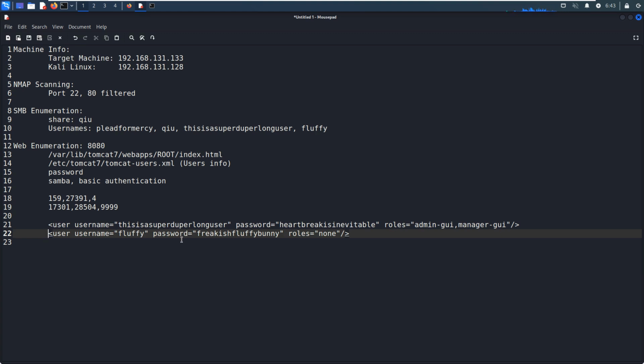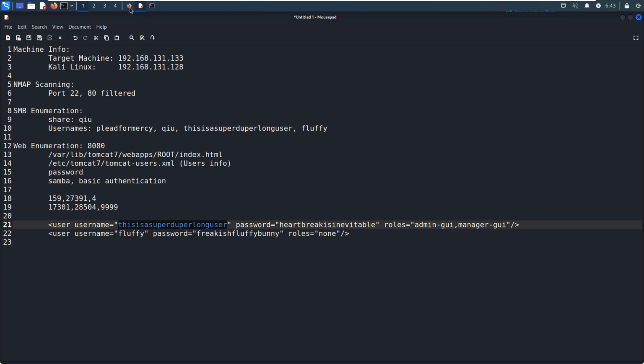So there are two users for the Tomcat application. And this is the password. So now I think we can use this credential to access. We can copy, because the role is admin, we should take this user to try.